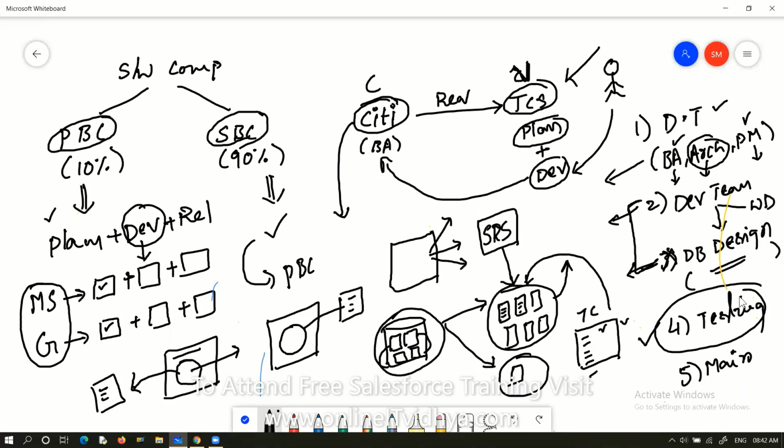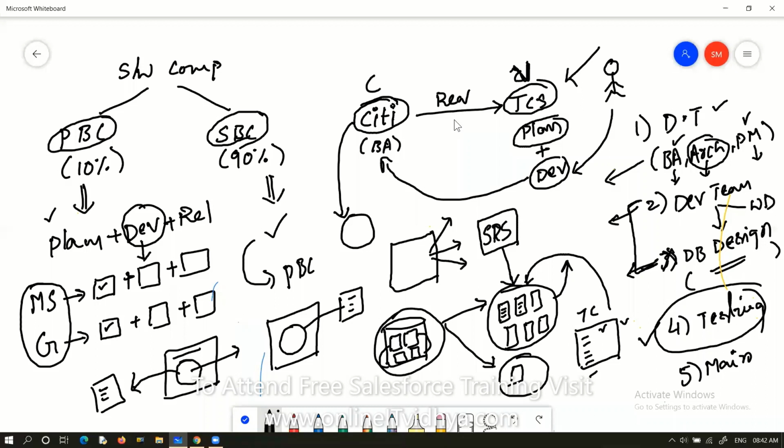Once the testing is done, then the software is going to be released in the market, in case it is a product based company. In case it is a service based company, that product is going to be returned to the client, and the client is going to release it in the market. Releasing in the market doesn't mean physically releasing. They keep it on one server, that is called the deployment process, and one website name will be given.